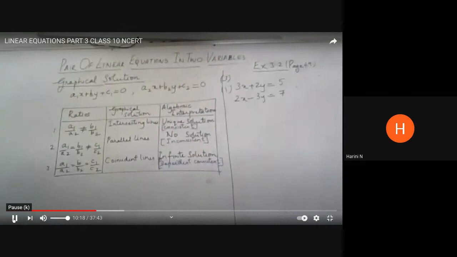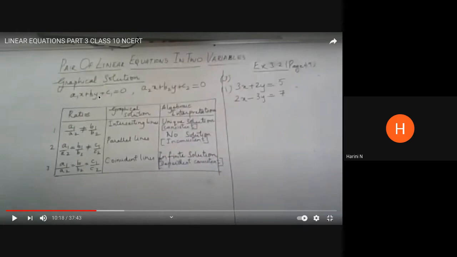So you must see this in the general form. See, now you have the equation written like this: 3x plus 2y equals 5. That is the equation given to you. When you rearrange it and write it in the general form, what is the general form? X, Y and the constant term, everything should be on the left hand side. On the right hand side you will only have 0. Can you see it here?